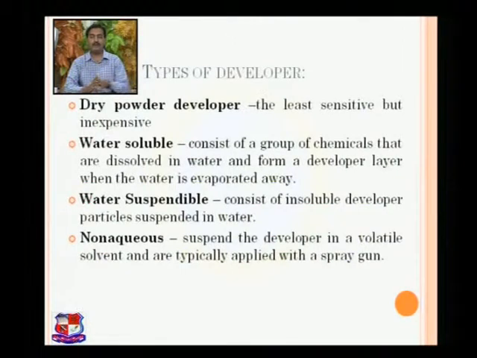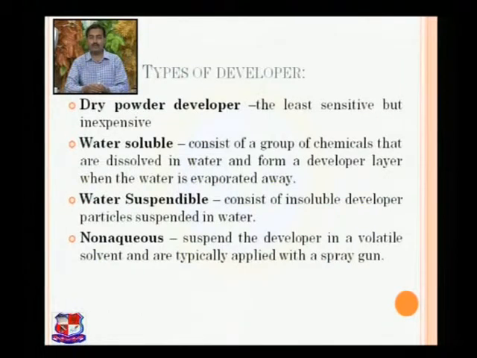Now if we go further, what kind of developer can we have? Once we apply the penetrant material and remove the excess material, we put a developer on it. The developer may be in the state of a powder, or in a liquid state, suspended in a certain liquid, aqueous, maybe a water solution, or non-aqueous, dissolved in some other liquid. Dry powder developer we can sprinkle over the material and spread it, but these are less sensitive. Still, we can develop the glow or identify the indications.